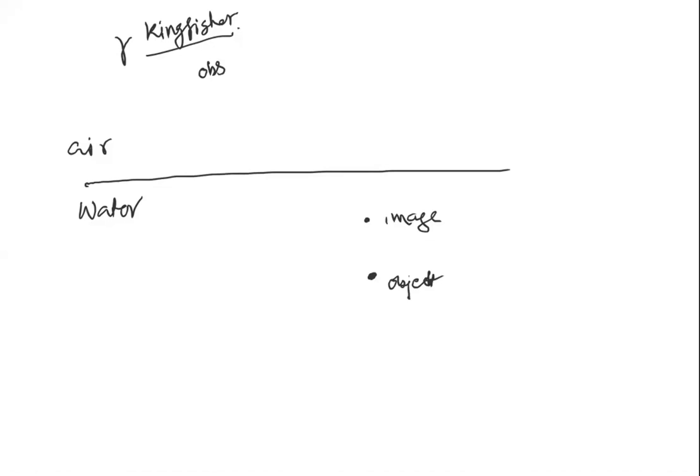Now, my question is that if the image of the fish, as seen by the outside observer, which is the kingfisher as well, is not the actual location of the fish, okay, then how come the kingfisher will catch the fish? This is a very deep question. Think about it. Tell me the answer. I mean, of course, you can't tell me the answer in 1 second, but still,